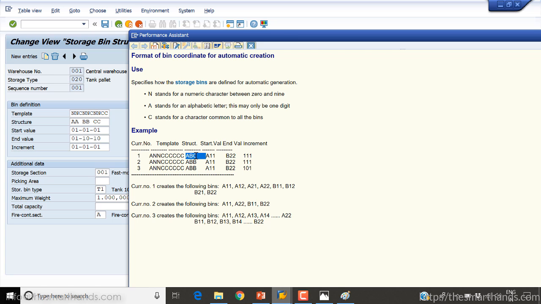That means all three characters are different. A is different, B is different, C is different. So when the system will generate the bins, it will be something like this: A11, A12, A21, A22, because there's an increment